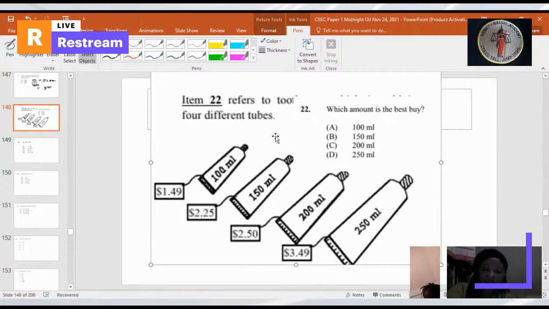The best buy would be the most milliliter per cent, right? How would we work that out? So it starts from 100 milliliters. It keeps going up by 50 milliliters, and from the first one it went up by